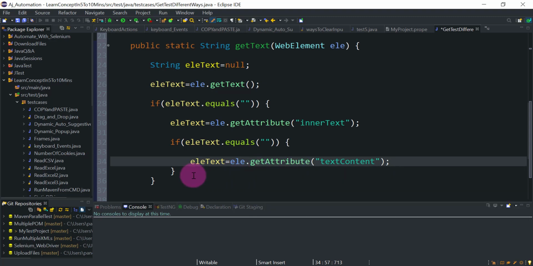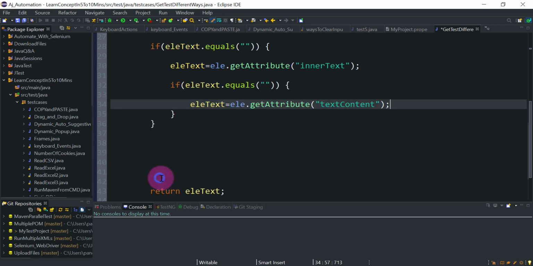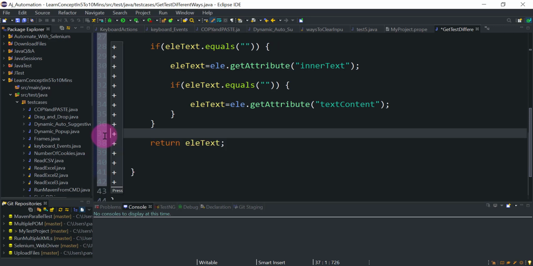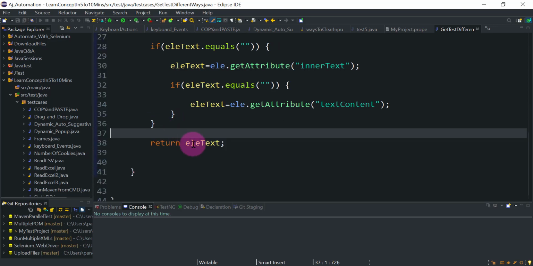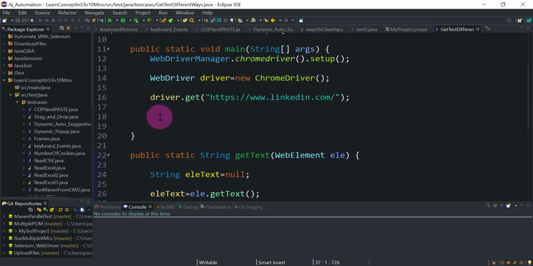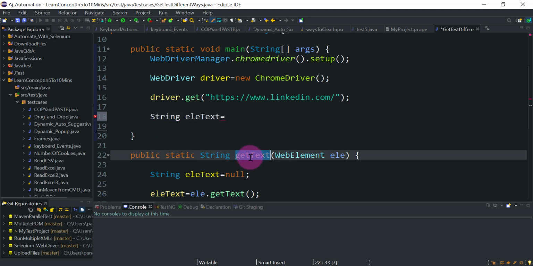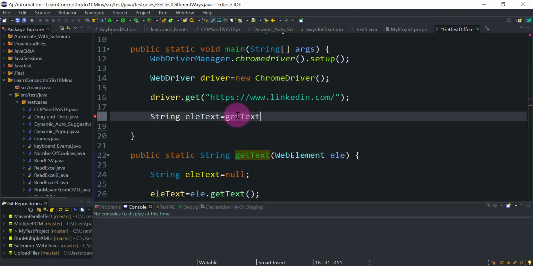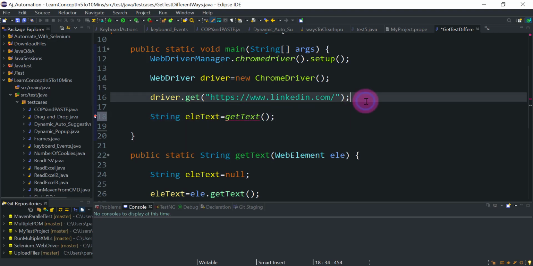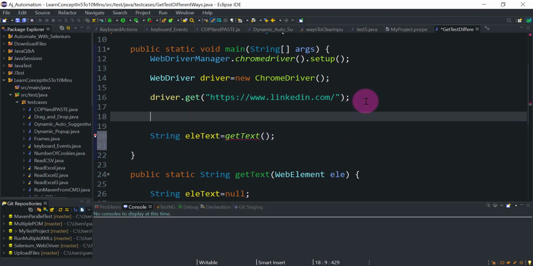So all these values should return whatever text is associated with the web element. Okay, so let's go and see practically if it is fetching value or not with the help of all these three alternatives. So first of all, we remove this. So this value we will return, we will get the value here. This is the text method, and I am going to send the web element for which I want the text.